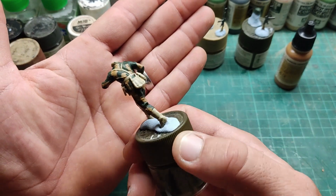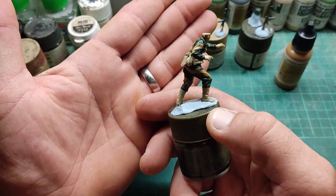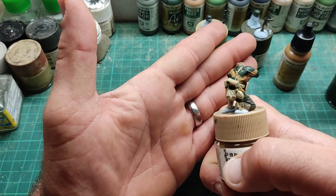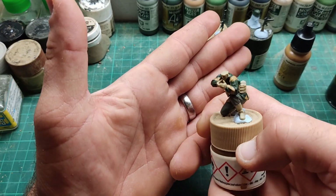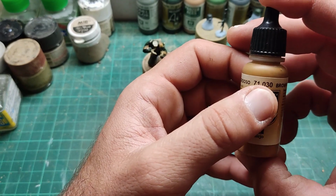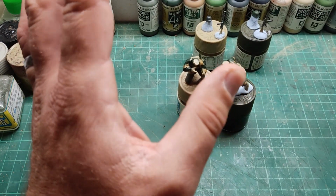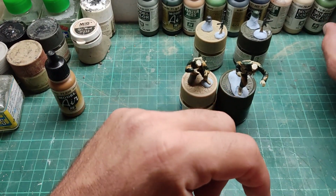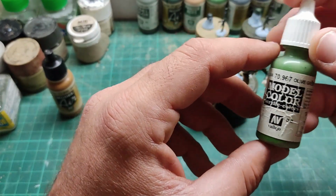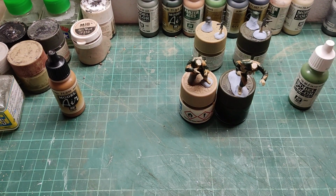I gave 2 coats of paint to each guy because brown green wasn't covering over dark camo green. And that's the color brown green, 71030 Vallejo Model Air. Now, next color in range, and the only one that is appropriate for these figures, is the olive green from Vallejo Model Color, 70967. Now this will be our third color and we may need a fourth one,